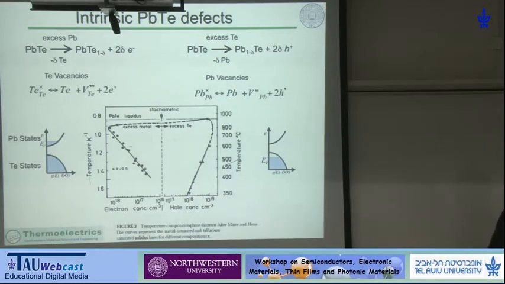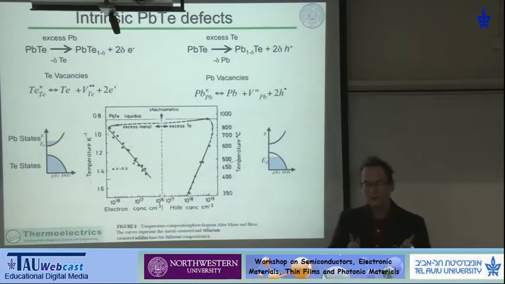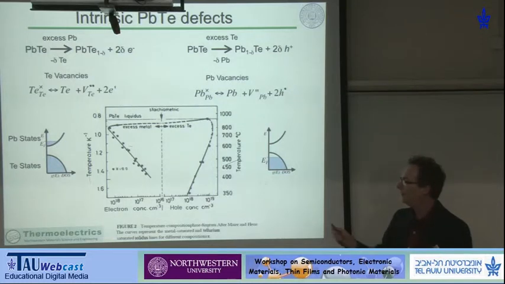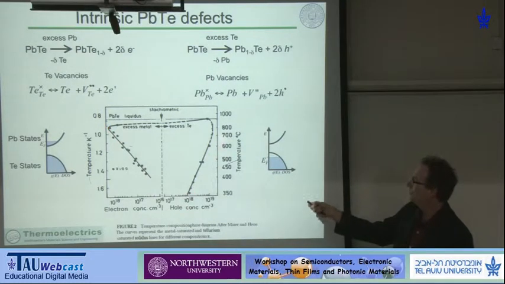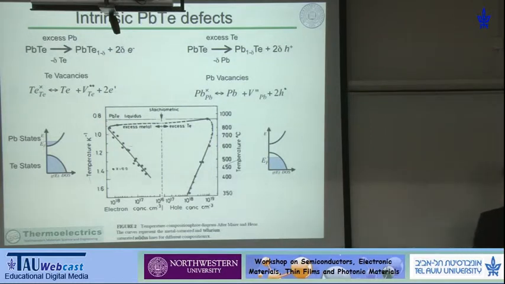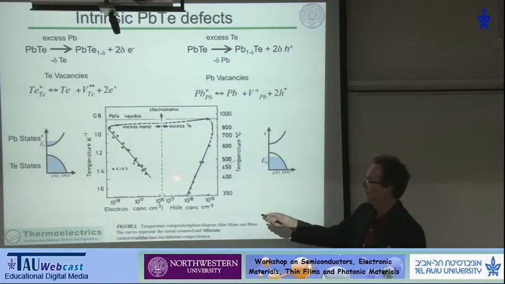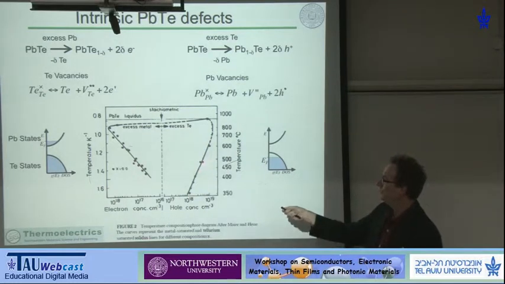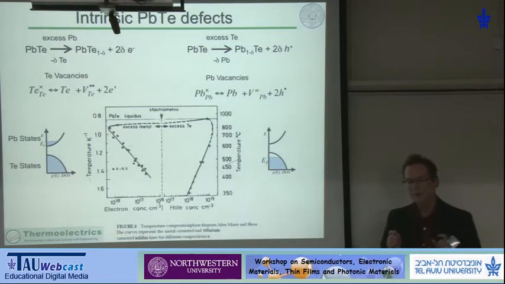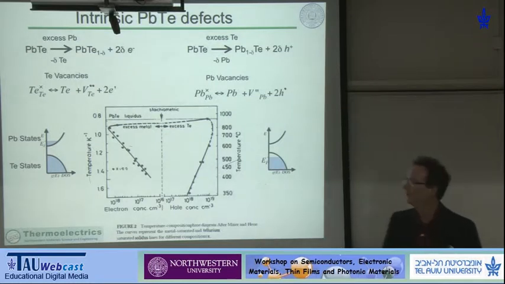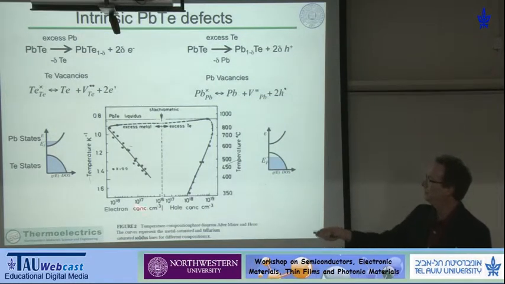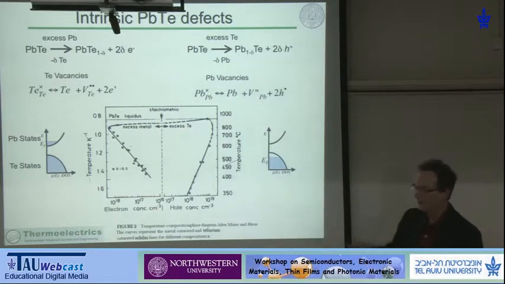If we have excess lead, for example, we can have lead vacancies, and that gives us 2 holes. And in lead telluride, depending on how we make it, we can either have extra electrons with excess metal, or we can have extra holes. And so we make this sort of phase diagram of lead telluride, which allows us to adjust the number of holes or electrons with temperature and chemical potential. So we use the lead to tellurium ratio to adjust the chemical potential, and then the temperature, we can adjust